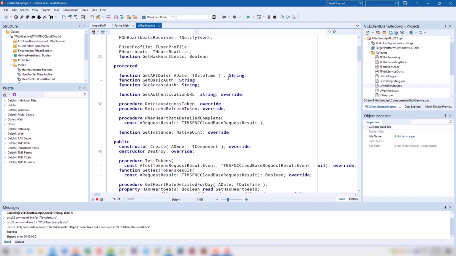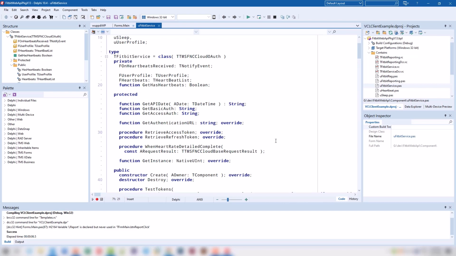You will have to look at the service API documentation, and that's also how I got where this component is right now. So the first step is you need to also override the method called retrieve refresh token. So far we only have retrieve access token and get authentication URL.